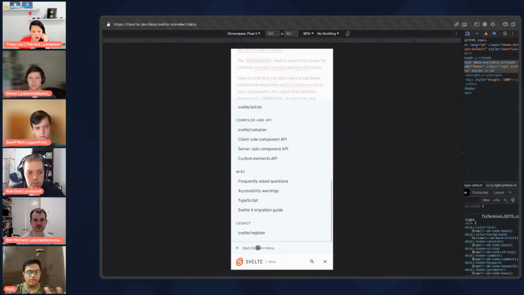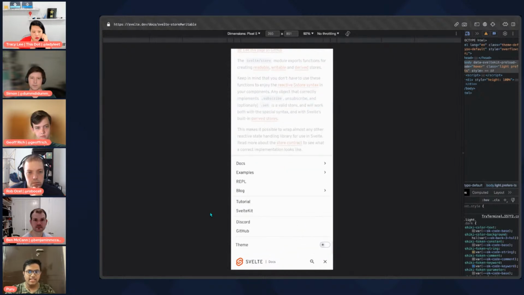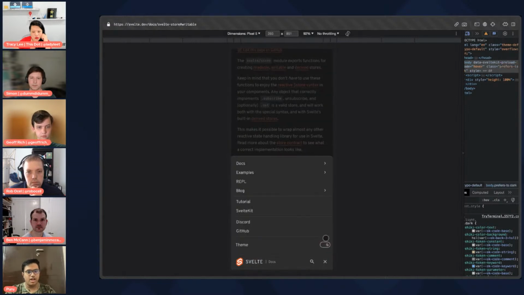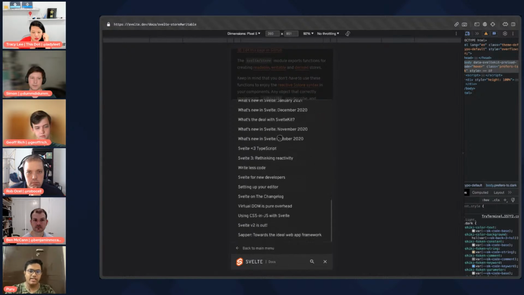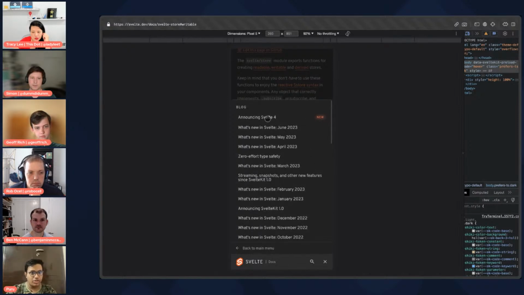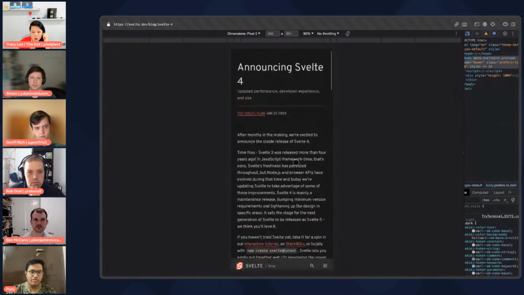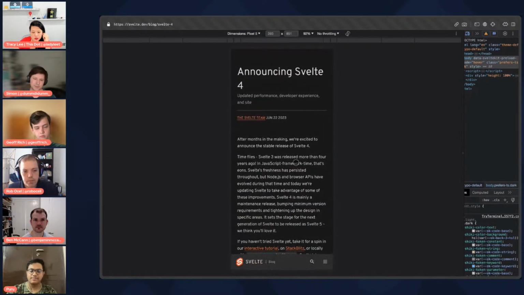And of course, you can always go to the main menu by just clicking this really nice animation that Rich himself created, and it's pretty nice. And dark mode again. Love the dark mode. So fun. And we also have the entire blog list in this navigation bar. So if for some reason you are not feeling like going to the blog page directly, you can just open up the navigation bar anywhere and travel around. And also, if you have not checked the latest blog post announcing Svelte 4, go check it out. It's pretty nice.